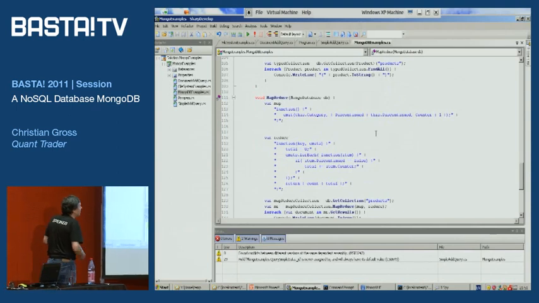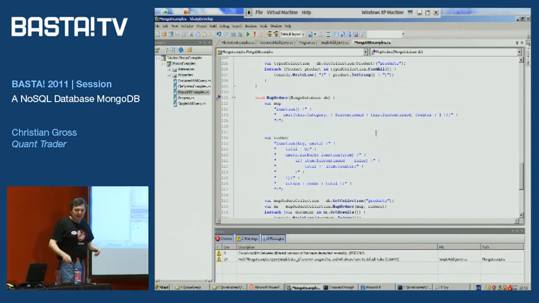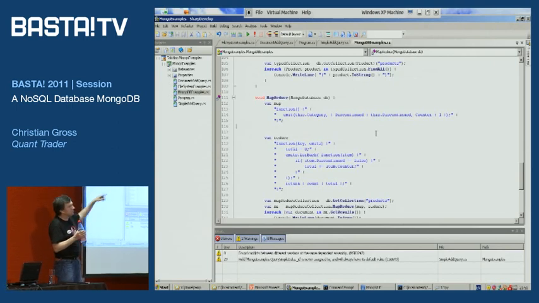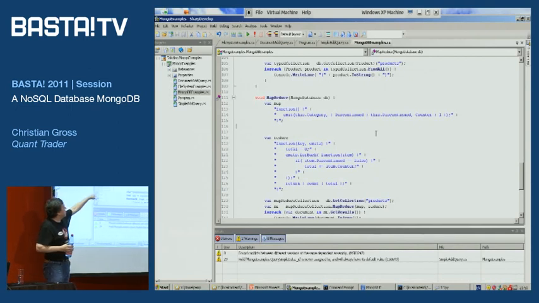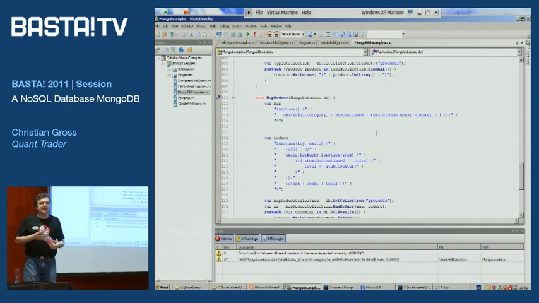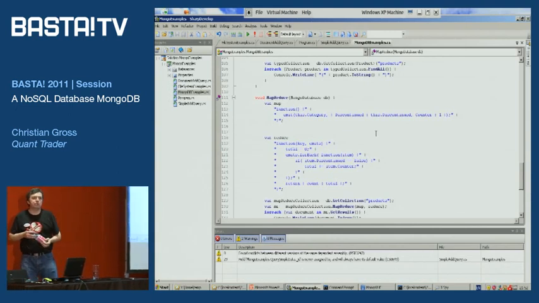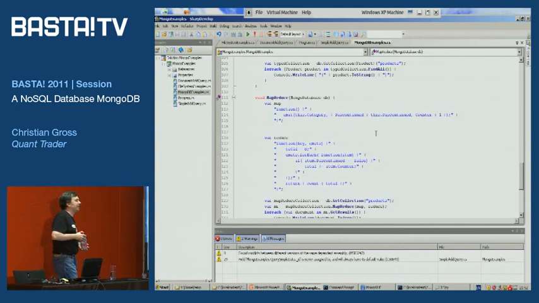Now let's take a look at a map reduce example. Here's how it works. I have a product. Let's say this product is this water bottle with the water in. In this, I have a category, water bottle, and then I have whether or not it's discontinued. So what I want to do is find all of the things that are discontinued. I want to count up how many there are.